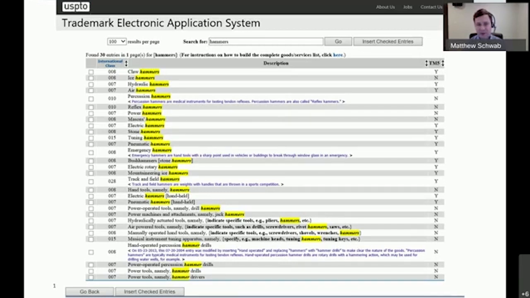So here we have 30 results, and we have 5 different classes: 7, 8, 10, 15, and 28. Each one would have a different fee associated with it. So everything in Class 8 would be under one fee, the fee for Class 8. The claw hammers and the ice hammers, that would be $225 for this application. If you need to add hydraulic or air hammers to it, that would be adding another class, so another $225